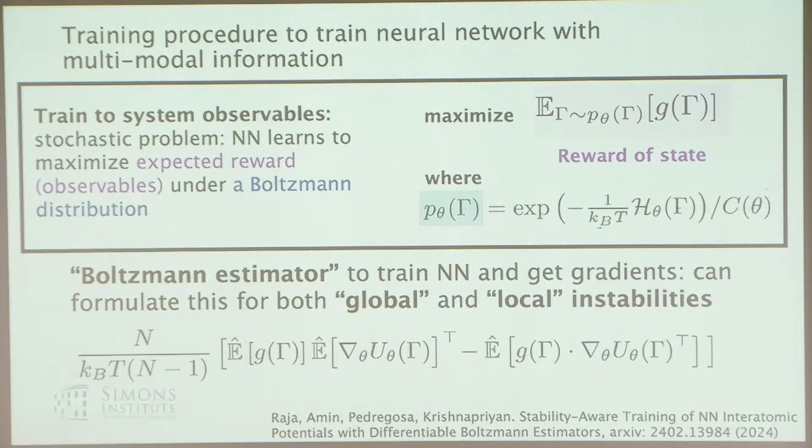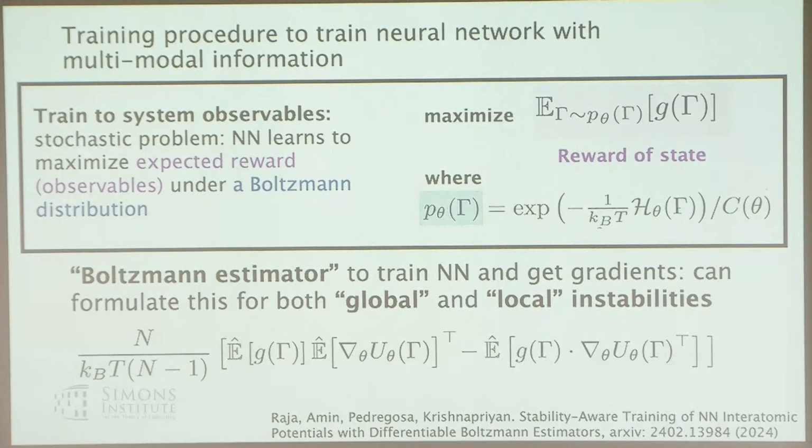Oh yeah, so G of gamma is the notation that we use for the observables, and gamma is how we're grouping the position and the momenta of this atomistic system. Those are the things that we're trying to evolve over time. So that's the probability distribution. The thing is, I'll talk about this maybe in the full training setup, why it's useful to maximize this observable, because it actually helps in guiding the neural network to avoid instabilities.